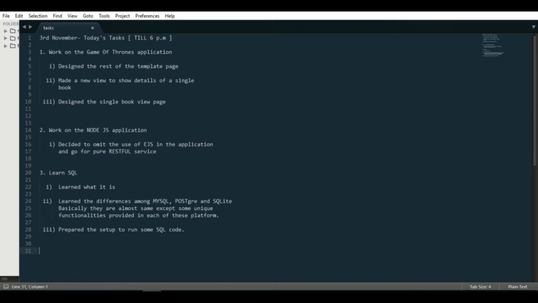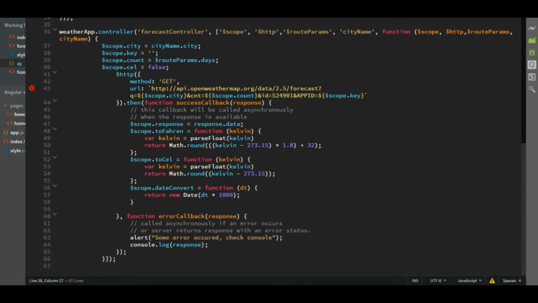So one that I did was I worked on the Angular weather single page application that I was working on, and there the button functionality that I included, the days functionality, I linked those days with the controller. When someone clicks on a day, like for instance give me the weather details for 3 days, and he clicked on the 3-day button, then that will fire up an event which will make an HTTP request and will fetch the data for 3 days.